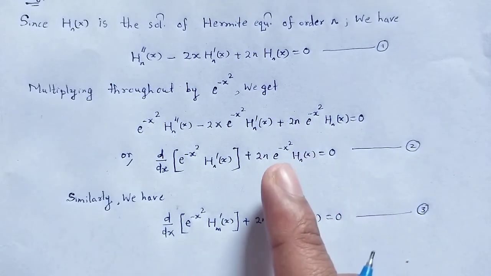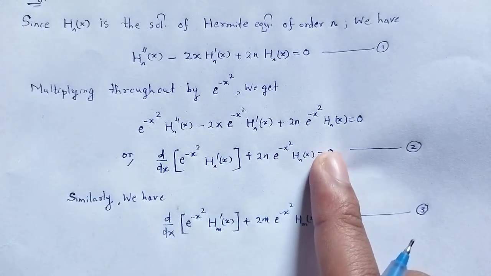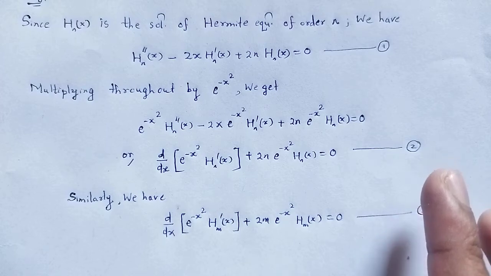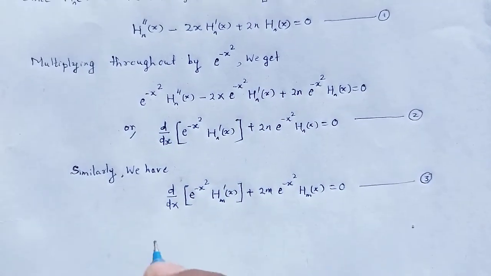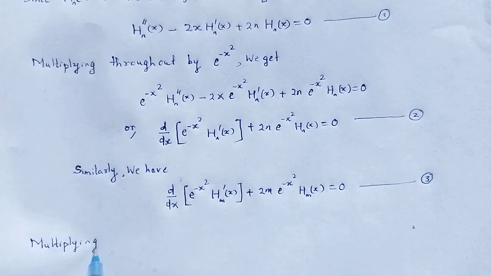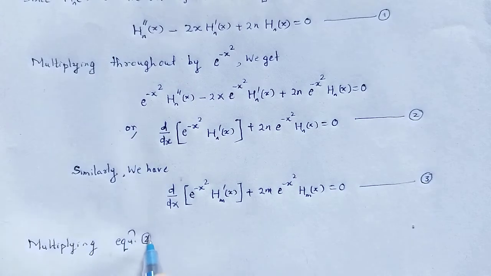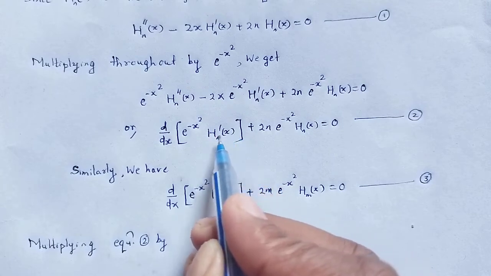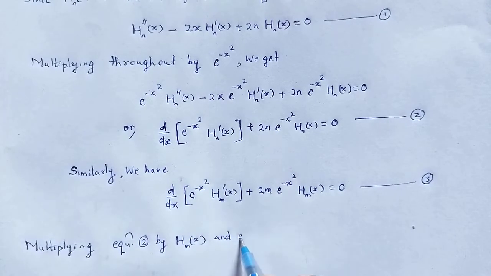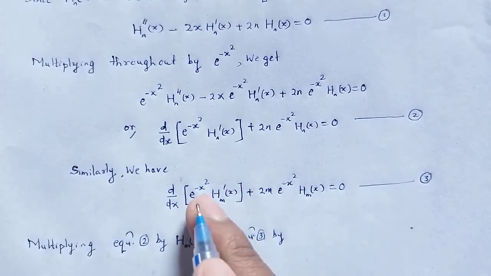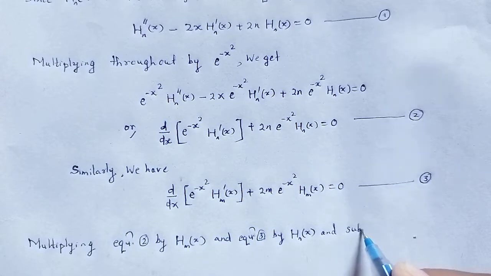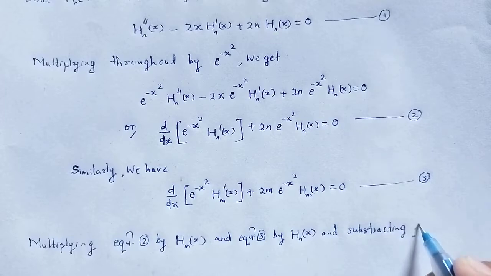Now multiplying Hm of x in equation 2 and Hn of x in equation number 3 and subtracting, what we have, let us write: multiplying equation 2 by Hm x, and equation 3 by Hn x, and subtracting, we get